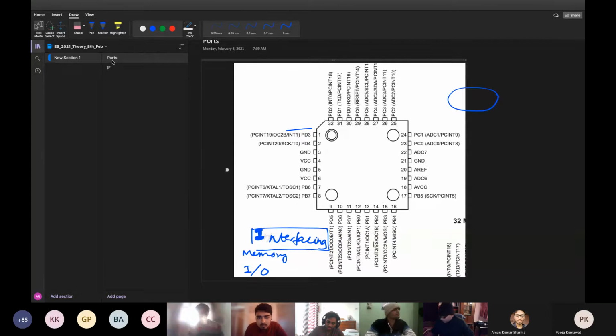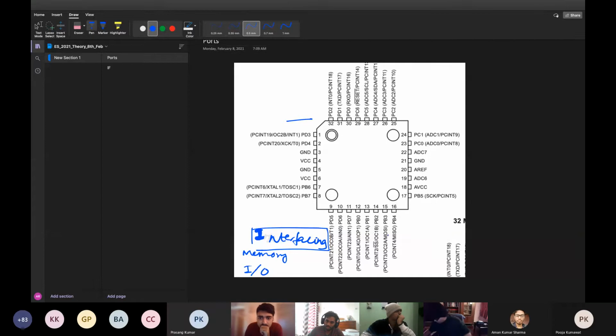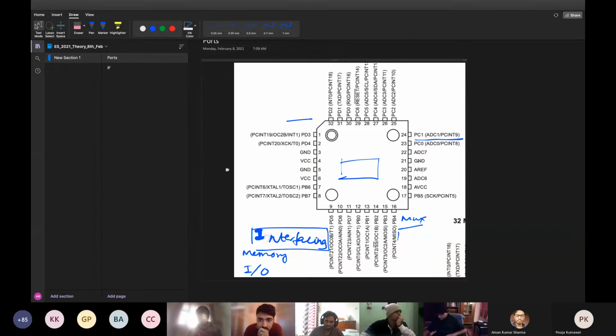Yes, sir. Okay. So you can see, because of this, you have got different ports. As you can see, this is port A, port B, port C, port D. Port B has alternative functions like interrupt, MISO, that is master in, serial slave out, MISO, MOSI. We'll talk about this. That means they are multiplexed. All these pins are multiplexed. For example, PC1, that is port C1 bit, is ADC interrupt, so it is multiplexed. By programming the processor, you can change the mode of this.